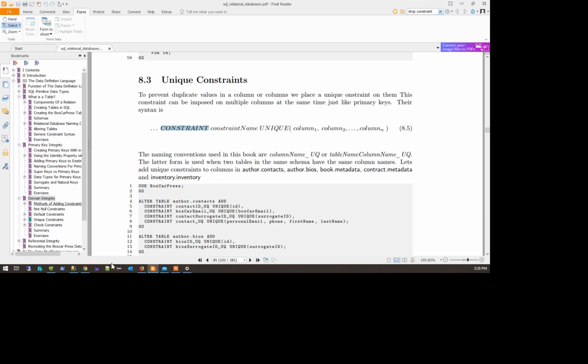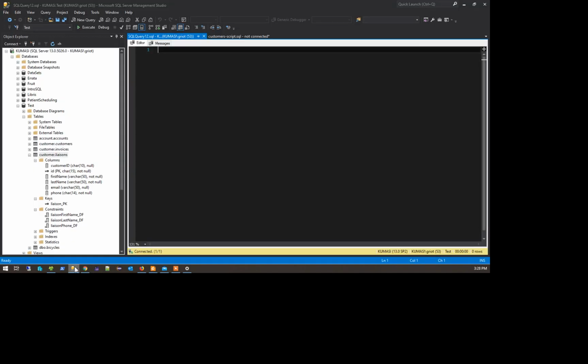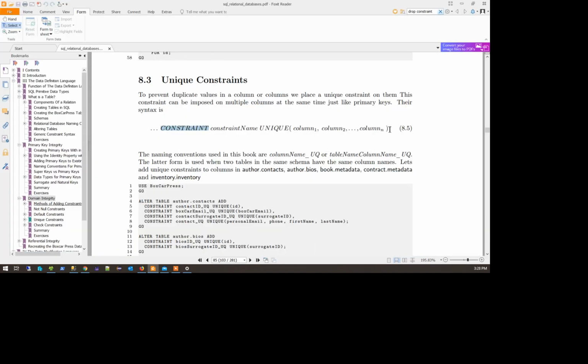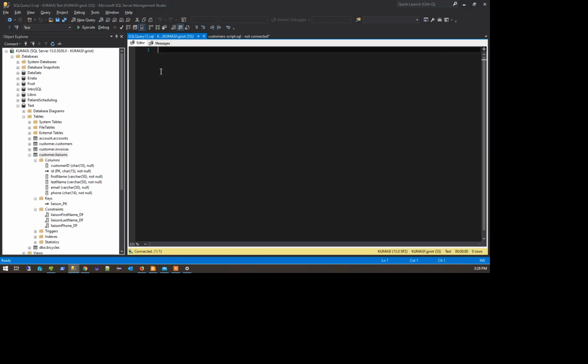Zero columns doesn't make any sense. Let me write the SQL code and you'll see what I was about to say. Actually, let me do it this way because I really want you to get into the habit of using the notes to practice stuff. I do Control V, then I'll replace this by what? Alter table customer.customers, right? And there's a constraint keyword,